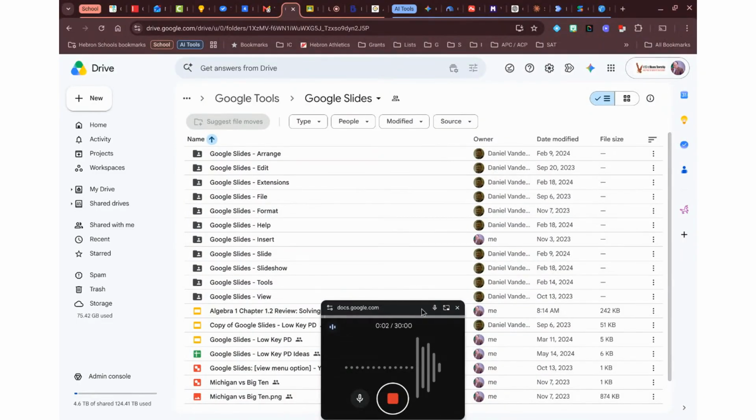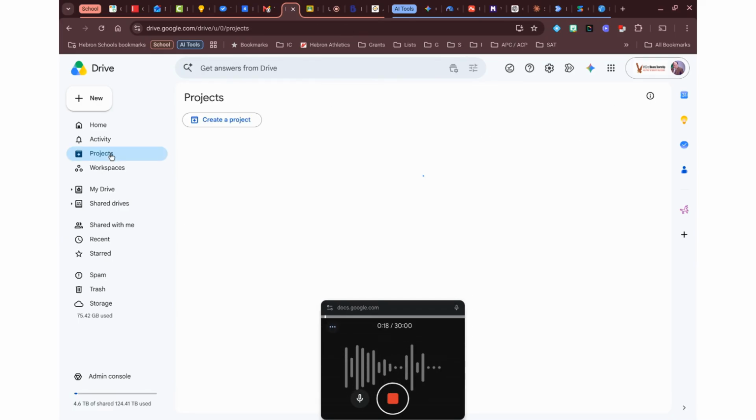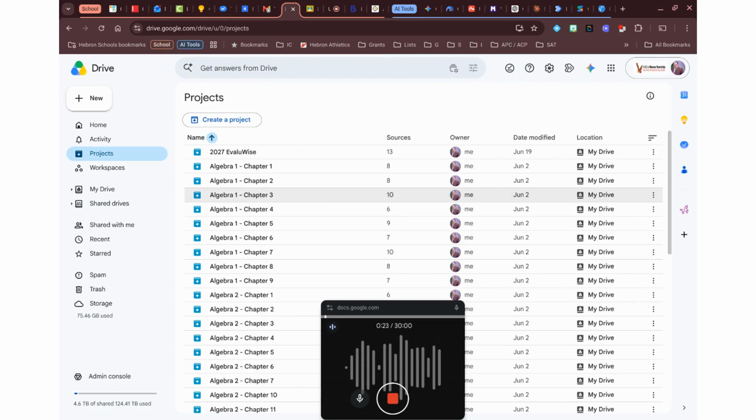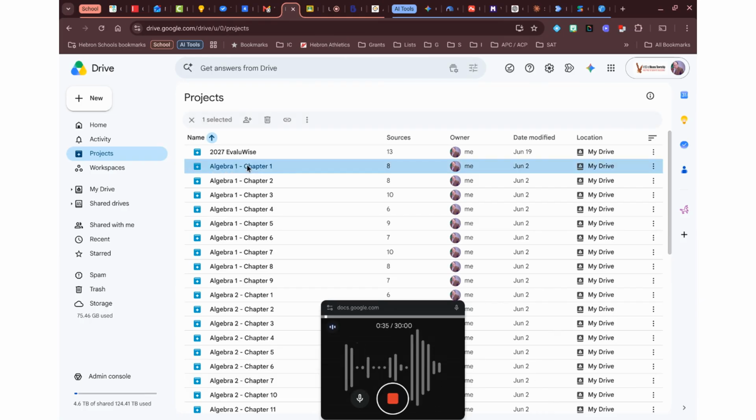So here is this bonus workflow that I kind of discovered on accident. If you're in Google Drive and you want to create a slide deck based on source material, one of the things you can do is, if you see this menu option on the left, projects, I'm going to click on this, and each of these projects that's going to show up is basically a collection of resources for that specific thing. I've got a project for every chapter for every course that I teach. And if I click on one of these and I open it,